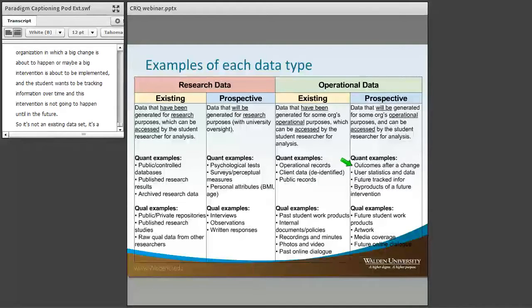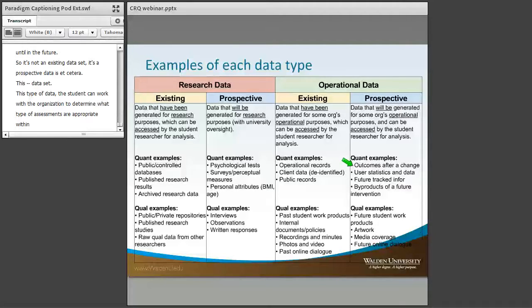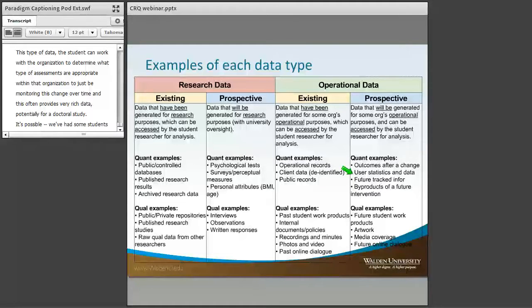This type of data, the student can work with the organization to determine what type of assessments are appropriate within that organization to just be monitoring this change over time, and this often provides very rich data potentially for a doctoral study. We've had some students who collect prospective user statistics and data generated by websites and by online classrooms